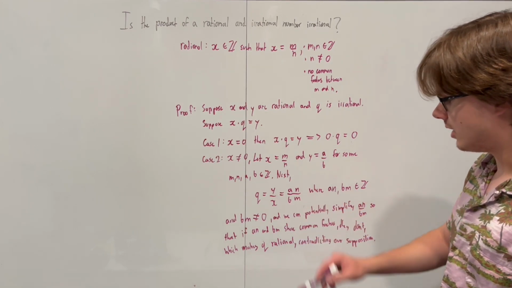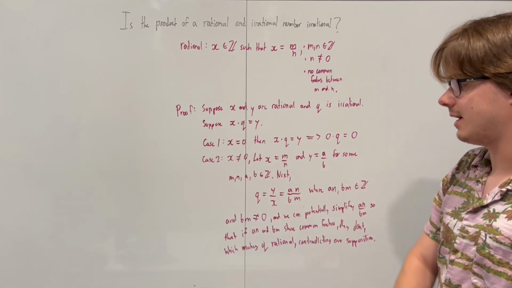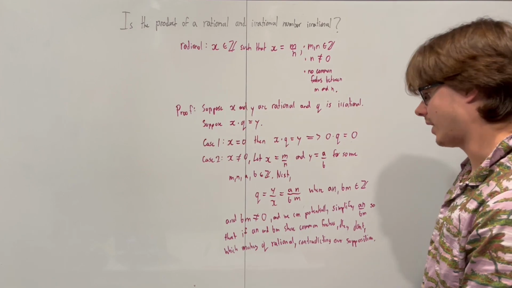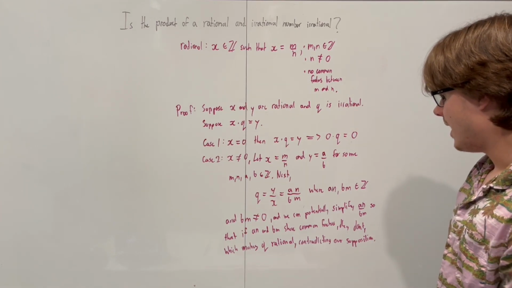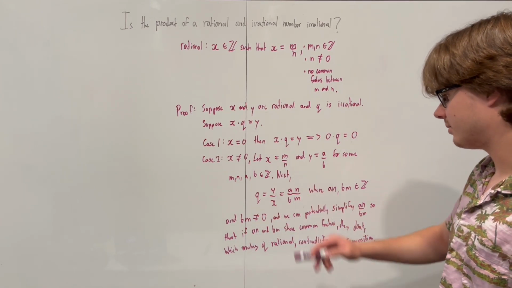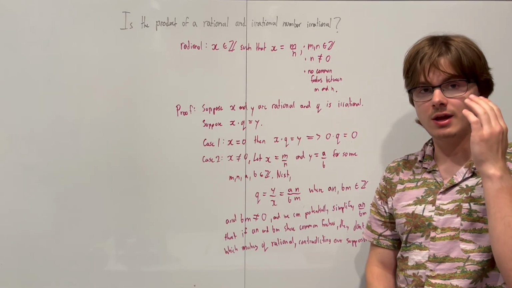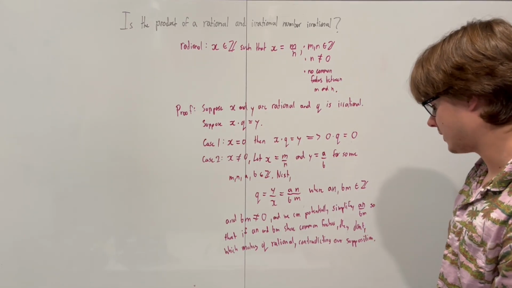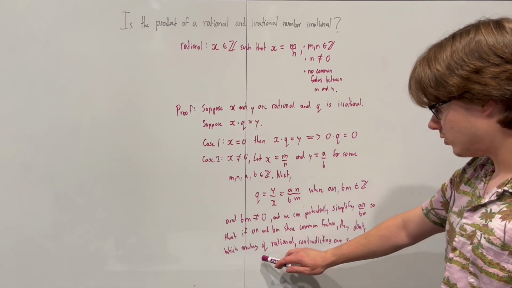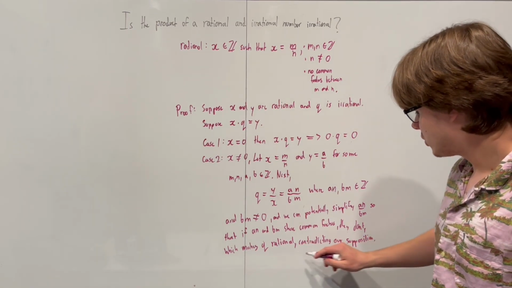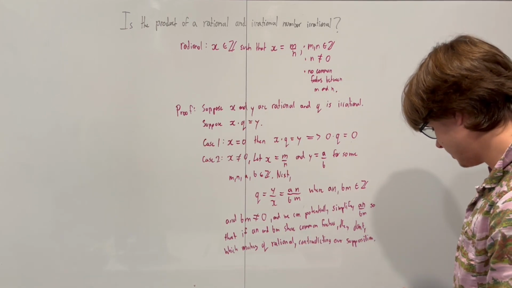And then because the denominator cannot be 0, because in our case x is not equal to 0, which means y cannot be equal to 0, and we can obviously simplify an and bm so they don't share common factors if they already don't, which means that q is rational, which contradicts our supposition, because if you notice,